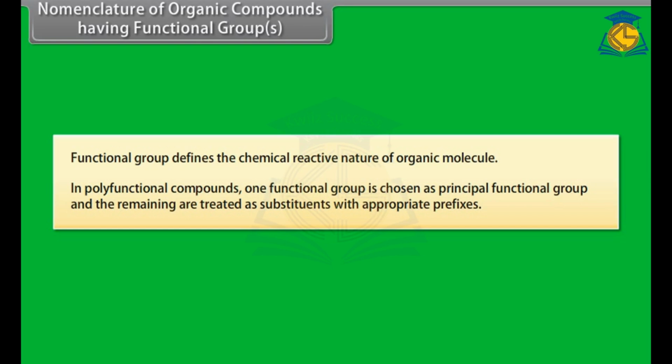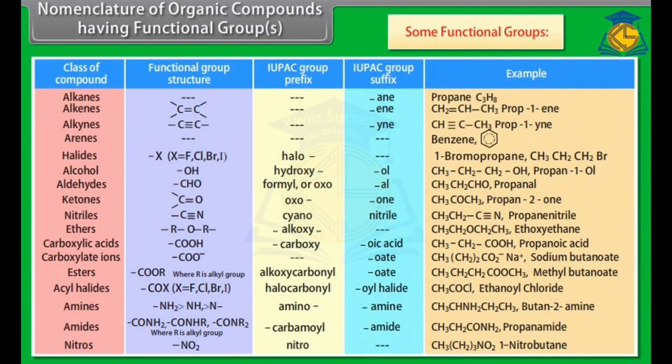In polyfunctional compounds, one functional group is chosen as the principal functional group and the remaining are treated as substituents with appropriate prefixes. Some functional groups are given below in the table. Decreasing order of priority for some functional groups is